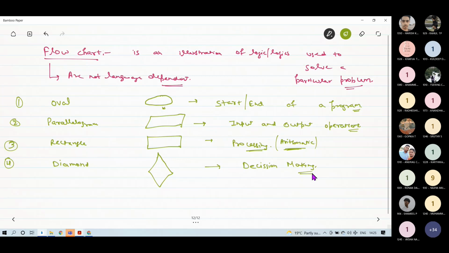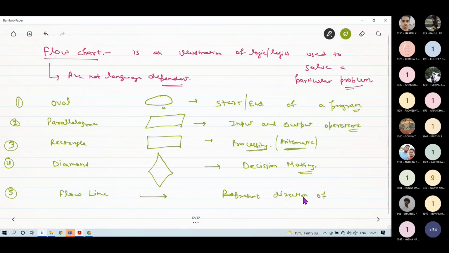And last but not least, the most important thing is this flow line, which is just like this. This flow line represents, you can say, direction.